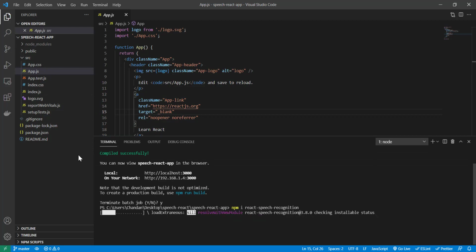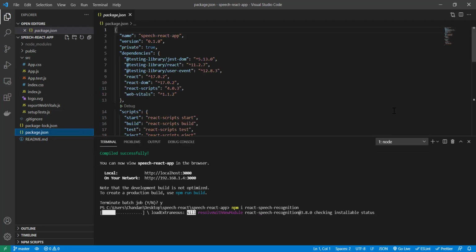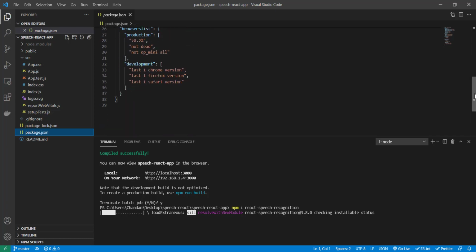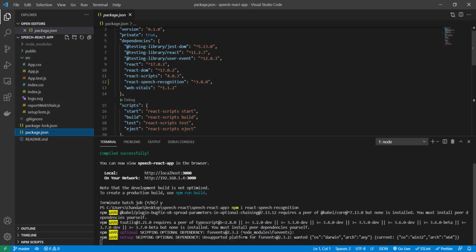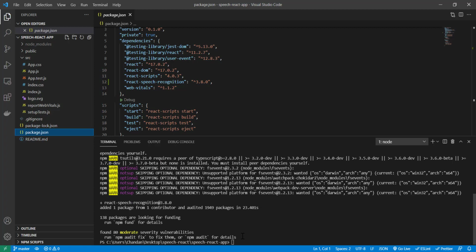This package will be available in package.json, and we can see that as a dependency once this is installed. Package is installed. You can see here react-speech-recognition is already there.